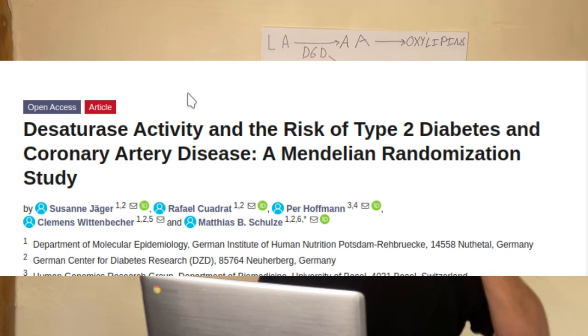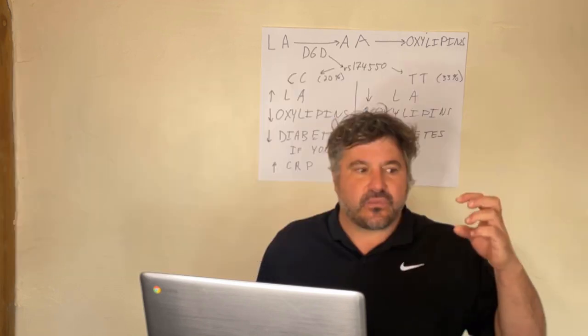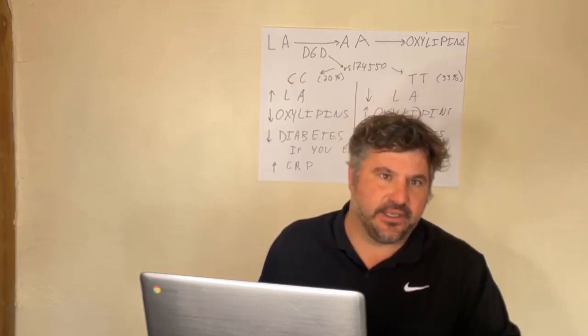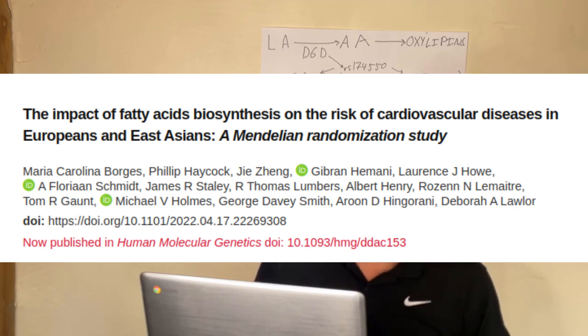And the activity of delta-6 desaturase, D6D, has been shown in multiple Mendelian randomization studies to be causal of diabetes. If you have high D6D activity, you are likely to develop